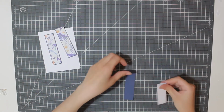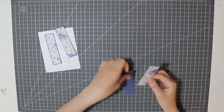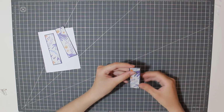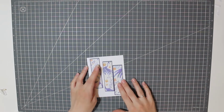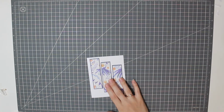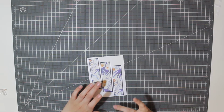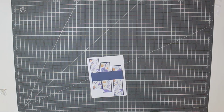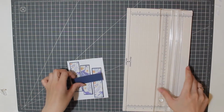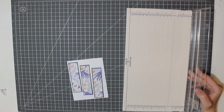All right, and last one here. All right. Okay, so now we have our 3 pretty pieces of paper, and before we tape anything down, I'm going to make one that goes across, and then, oh, I need some more paper, which is what I'm saying. Does this fit? I don't know what size that is. I don't think so. I think I want to do...